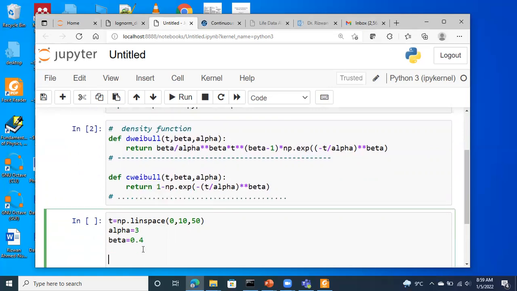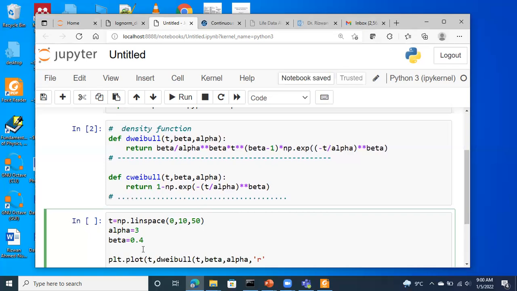And now let's plot, right? plt dot plot, and I call D Weibull t, alpha, sorry, I wrote beta, beta alpha, right? And plot it